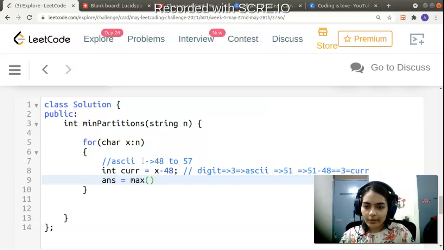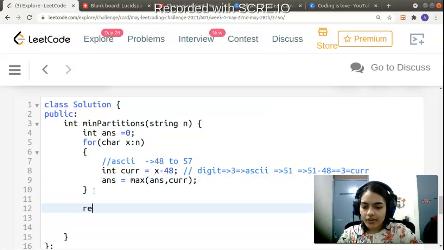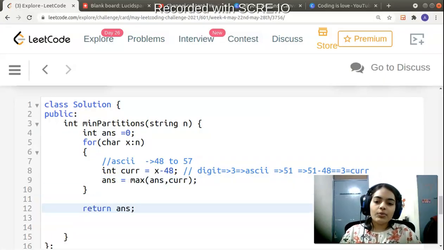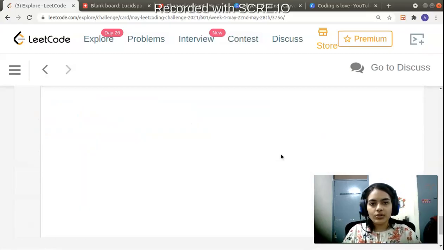Now what you have to do is see the maximum value. So let me declare a variable answer that is going to be 0. This is what we are going to return. So answer is going to be the maximum of answer and the current value that it is seeing. Whichever is maximum. If answer has already seen a bigger digit, it's okay. If not, if the current is the bigger digit, that will be stored in answer, and finally you can return answer. So this was a simple problem, but a good problem, something which you can think about.